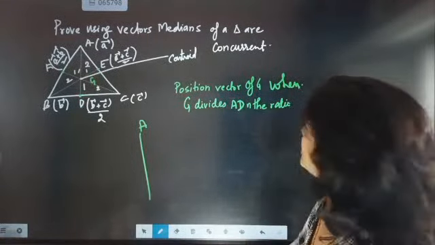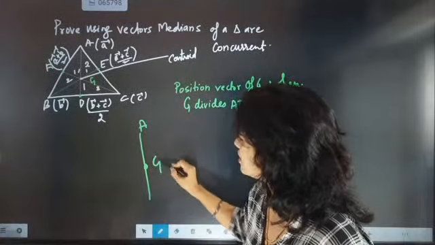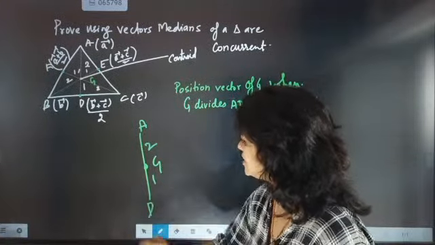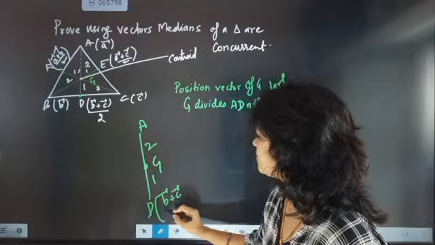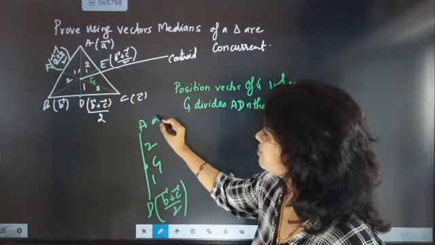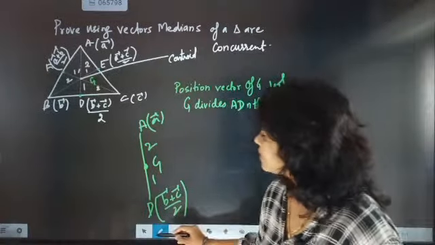Two is to one. So AD, G is here, the ratio is 2 is to 1, D is here. D is exactly coming as B vector plus C vector by 2, A is coming as A vector. Okay, so what we are going to do, 2